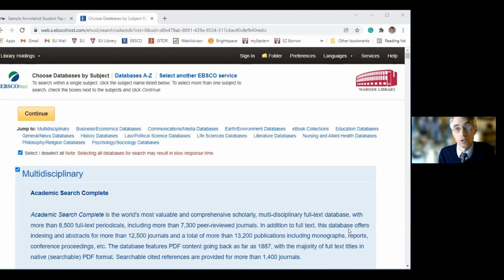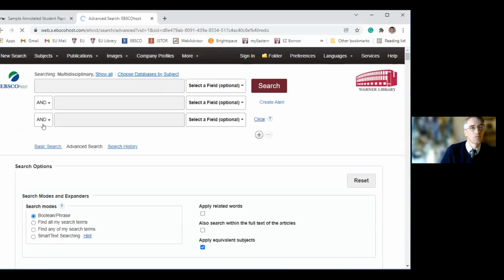I oftentimes use EBSCOhost, which is a collection of databases. But I know Chelsea can show you that, as well as other databases that the library has. A lot of the information that you need, all of the information that you need to do citations, you're going to find in the website. So let's say I wanted to look up